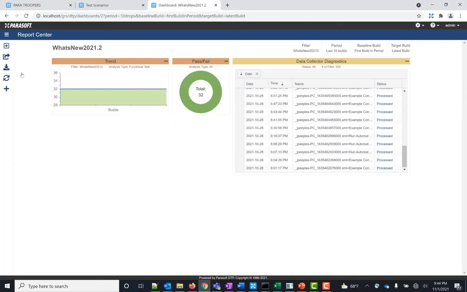Okay, great. So here we are in Development Testing Platform, or DTP, and we see that we ran 32 tests in total and green all the way around, so everything was successful. And then here's where the last run that I did, it was processed. Publishing data to DTP from CTP is another of the new functionalities that was implemented in 2021.2.